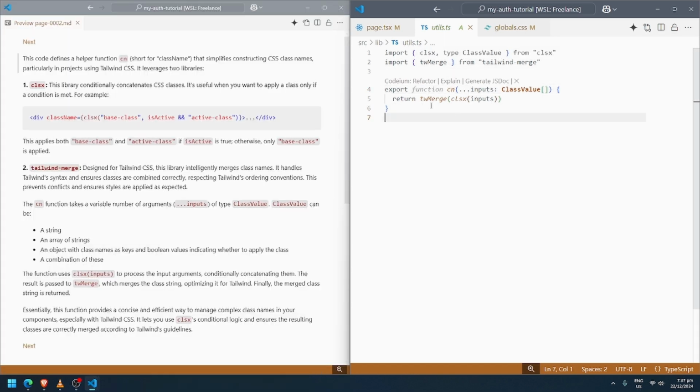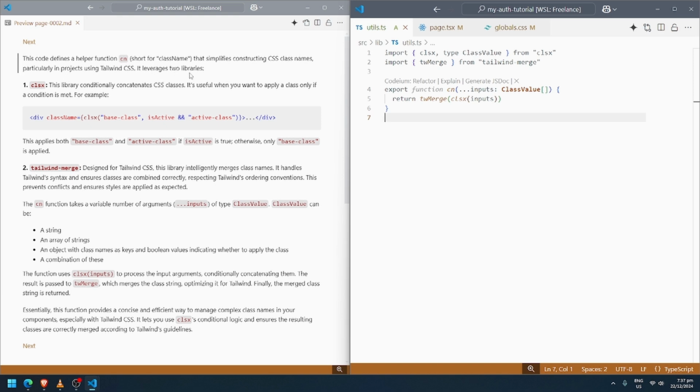So let's understand this function cn defined in our utils. What's the use of this? So this code defines a helper function cn, short for class name, that simplifies constructing CSS class names, particularly in projects using Tailwind CSS.